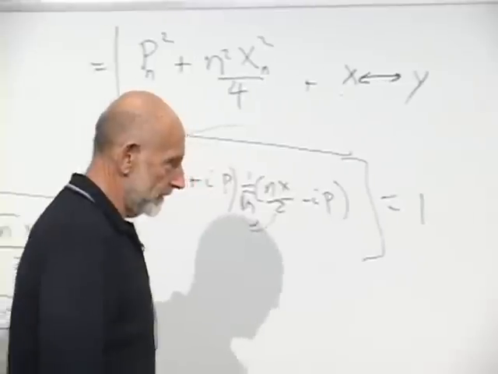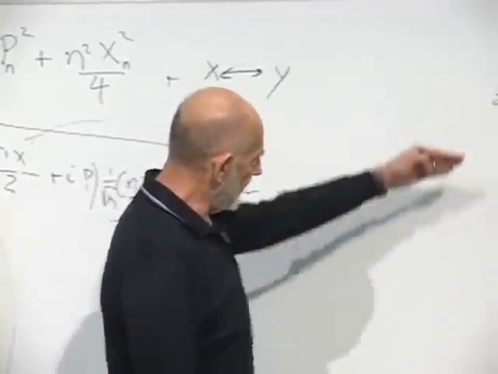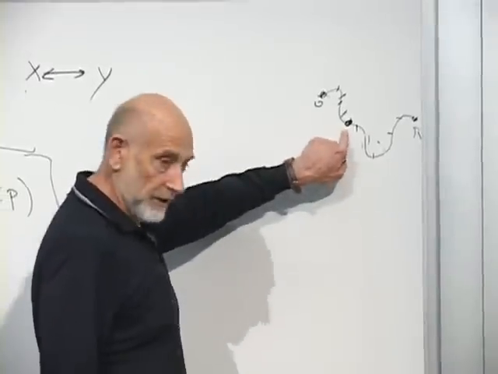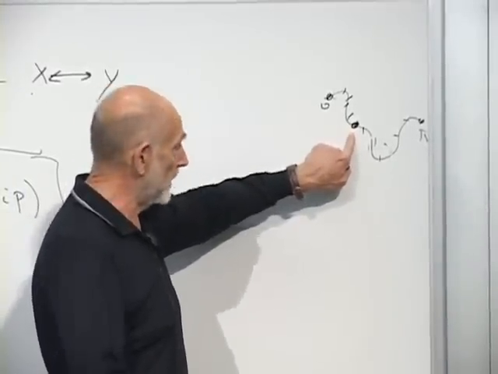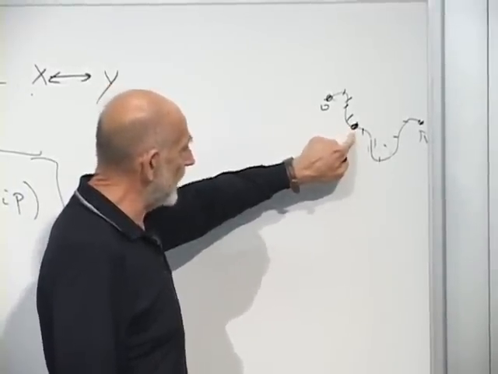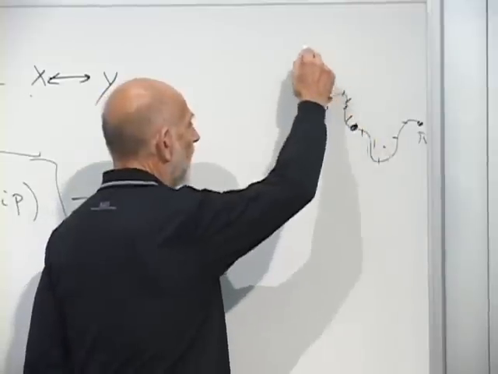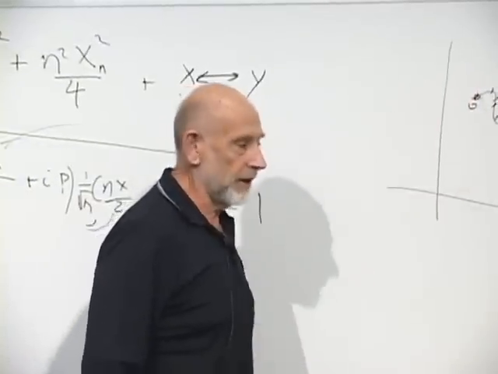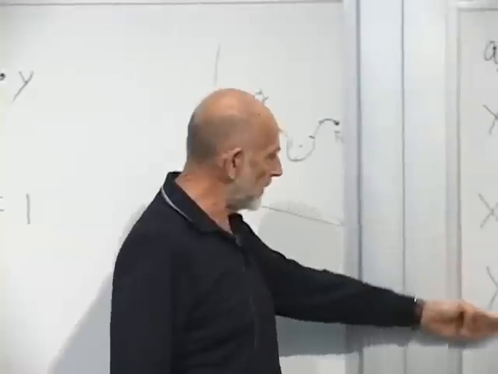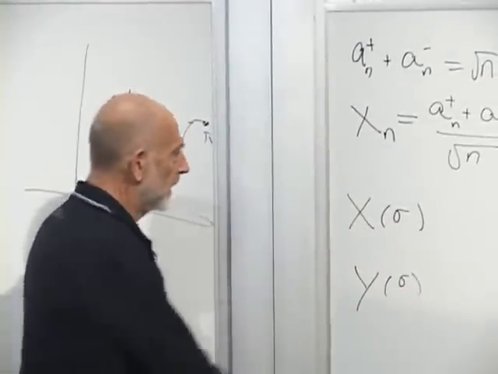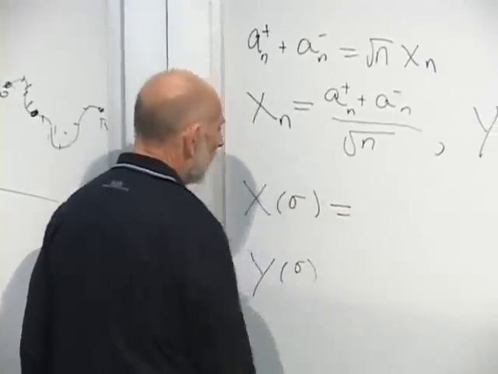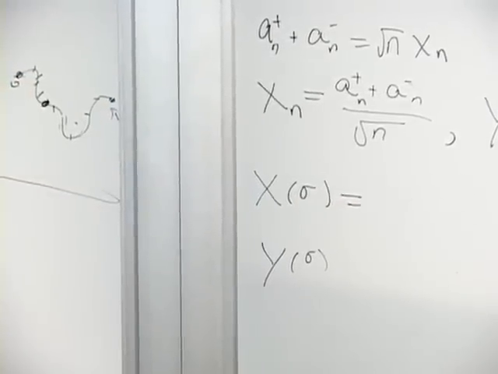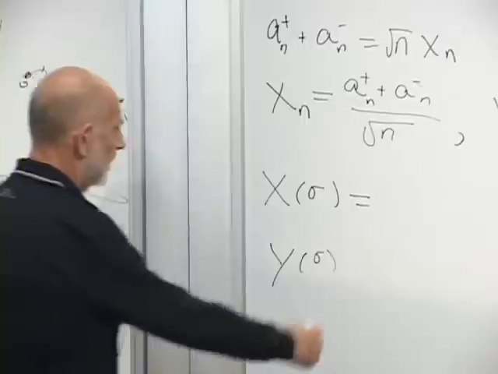All right, and if we take any point on the string, it's characterized by a sigma. It's the sigmith point, if you like, and it has a particular value of x and y. Here's the xy axes. Each point on the string has a definite location. We call them x of sigma and y of sigma. And we use our freedom to Fourier expand x and y, and we find,